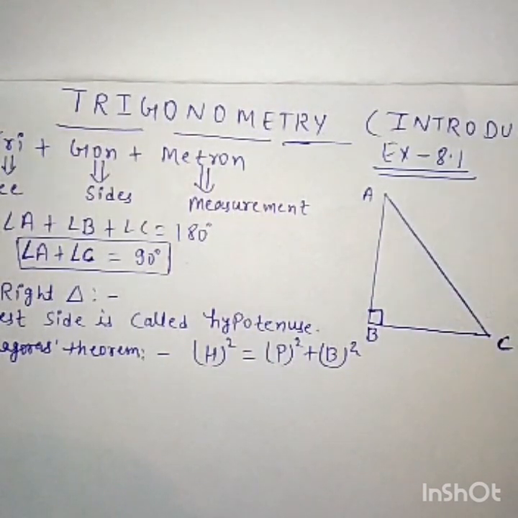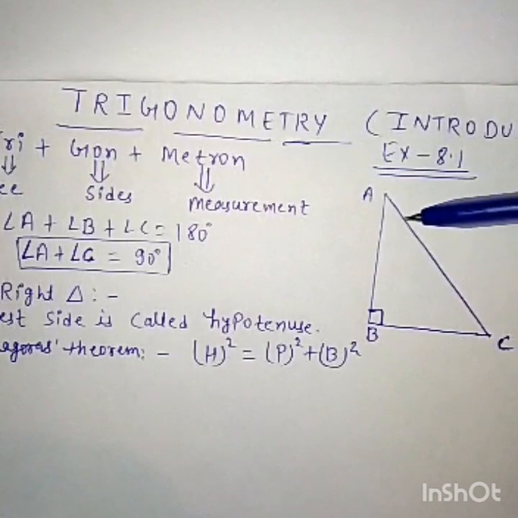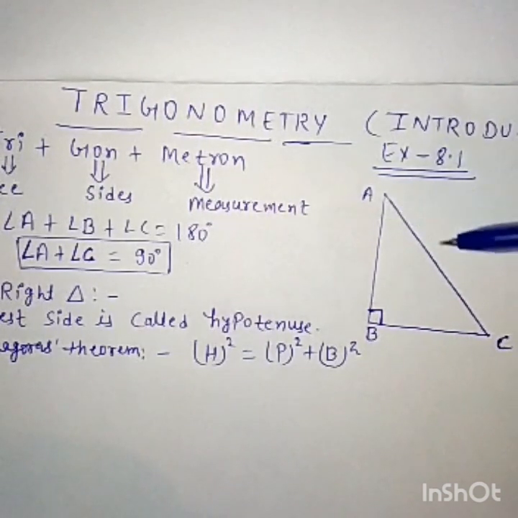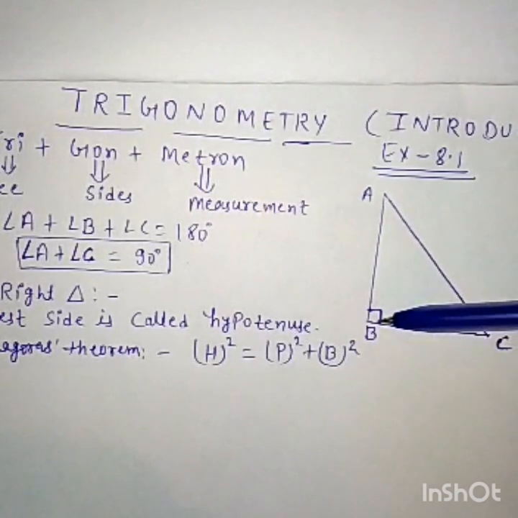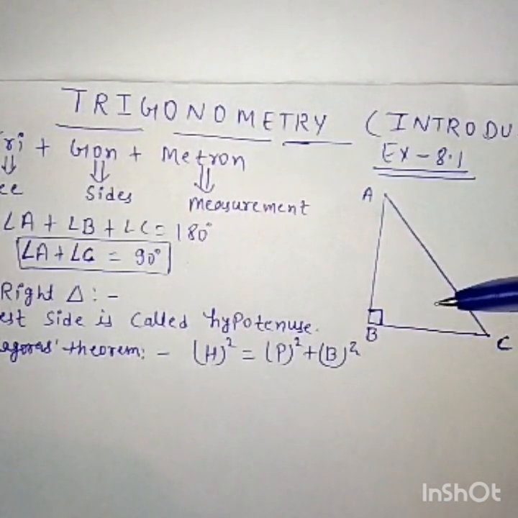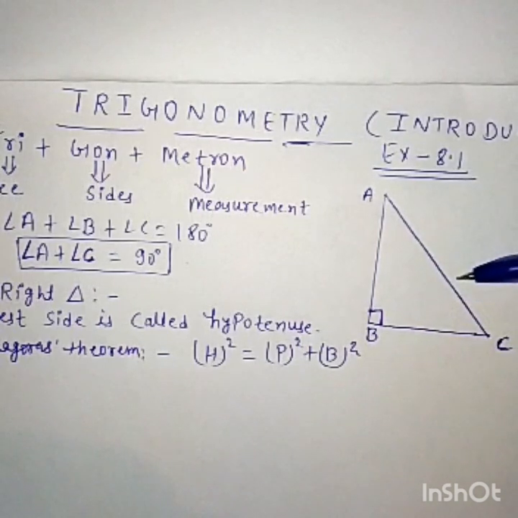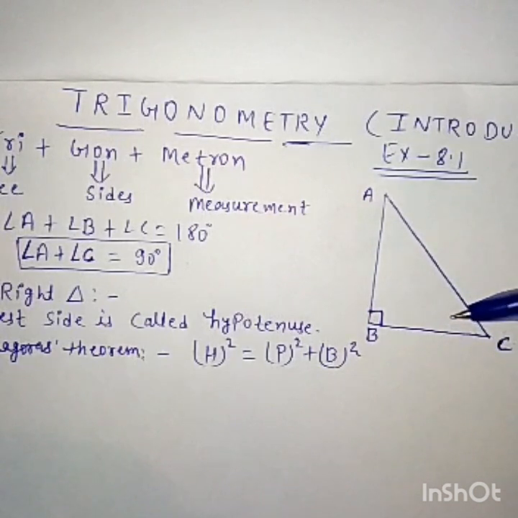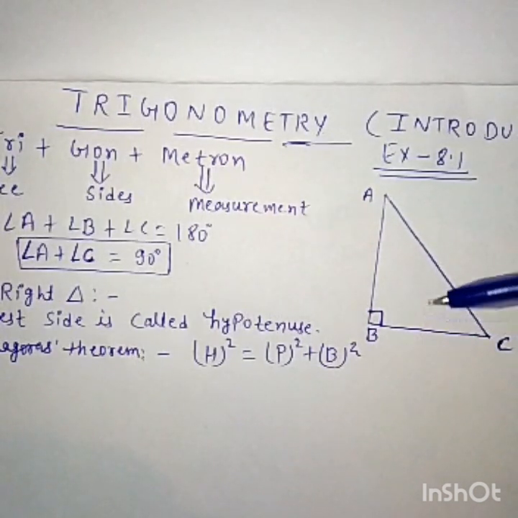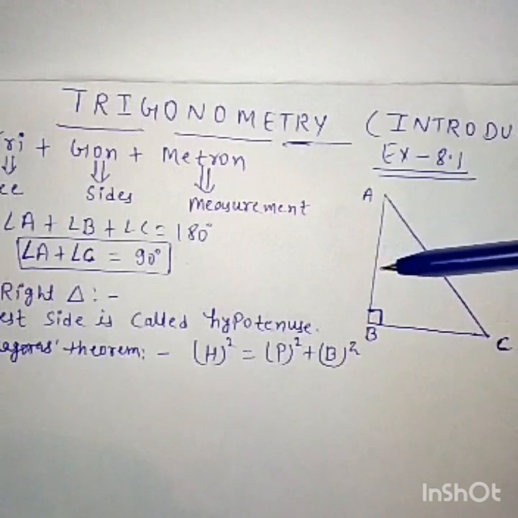Any angle in a triangle is made up of two arms. In right angle triangle ABC, you have only two choices for your view angle: angle A or angle C, because angle B is 90 degrees and it is certain. If we talk about angle C, it is made of two sides, BC and AC. AC is hypotenuse, we talked about. The remaining side BC is base. If BC is base, then AB is perpendicular.